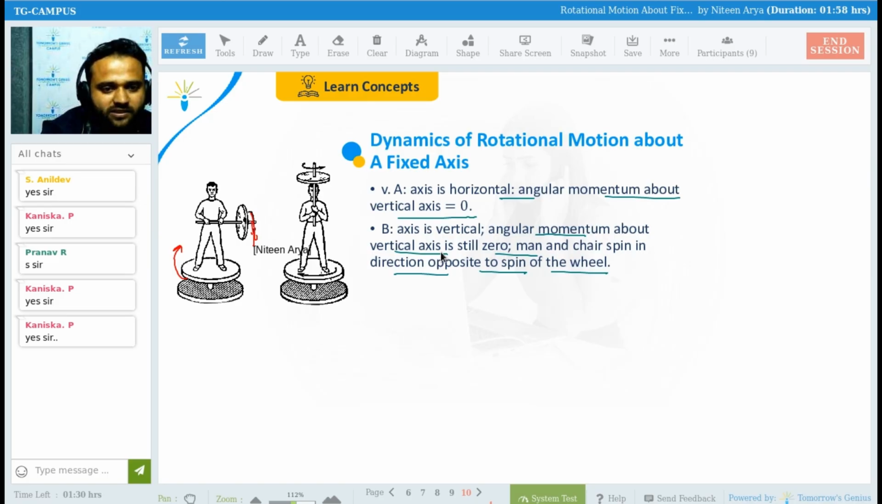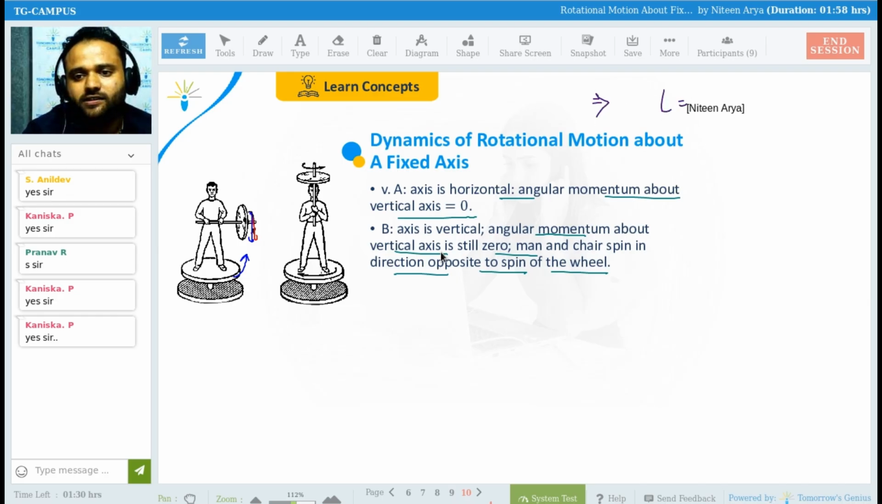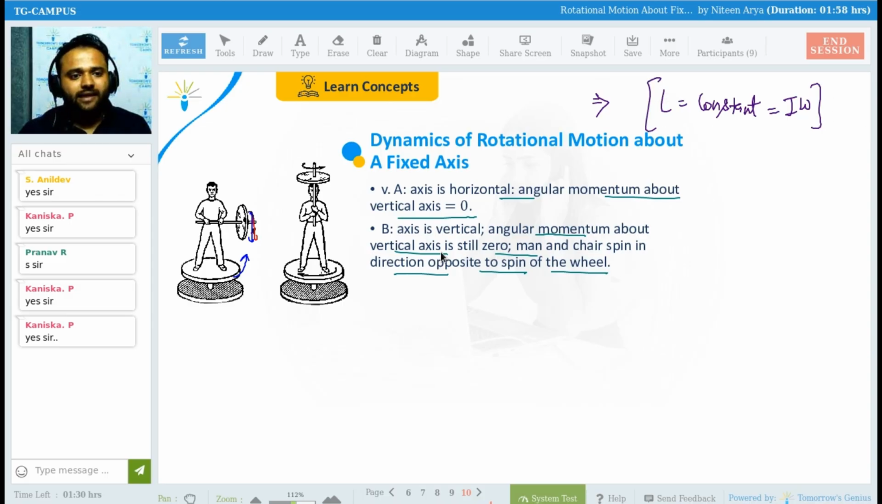If it is rotating in this direction, then to keep this constant, the man and the table rotate in the opposite direction. Simple thing: in each case L is constant. Why is it constant? Because we don't apply any external rotational force. Clear? Simple thing: until and unless there is an external force,